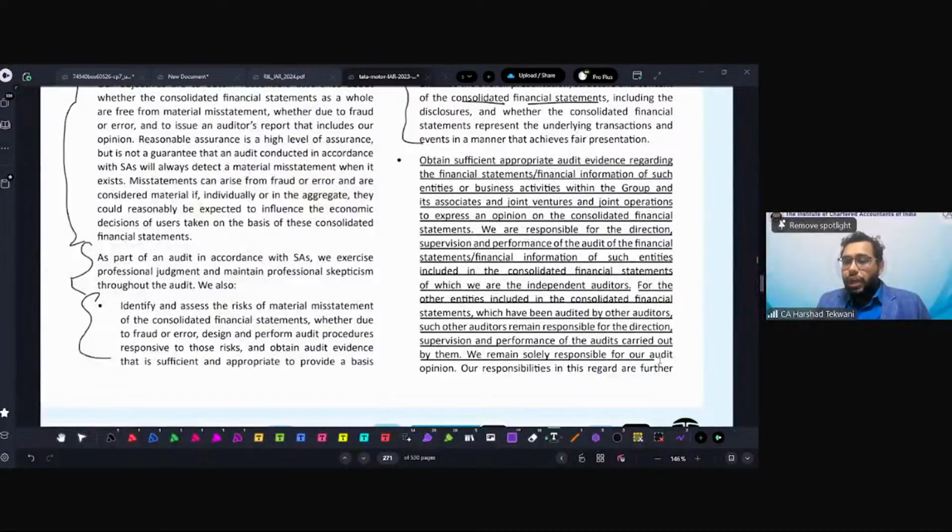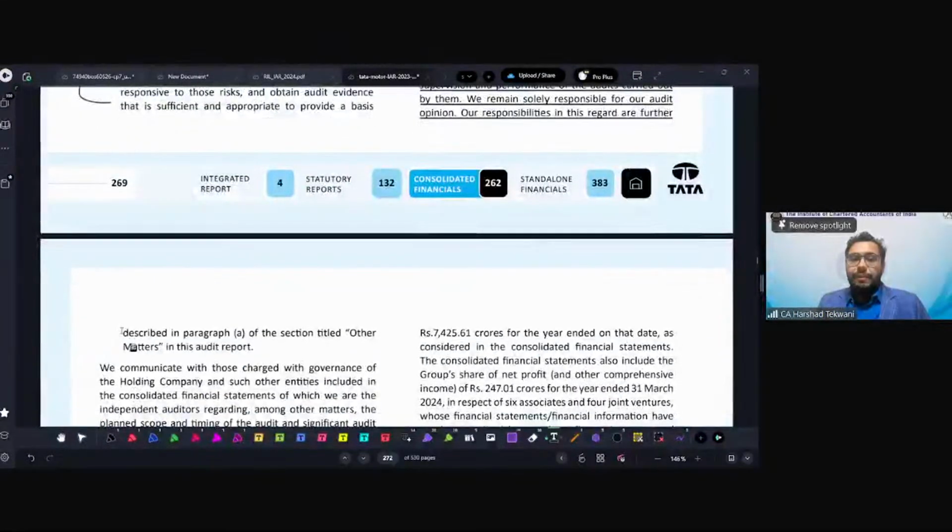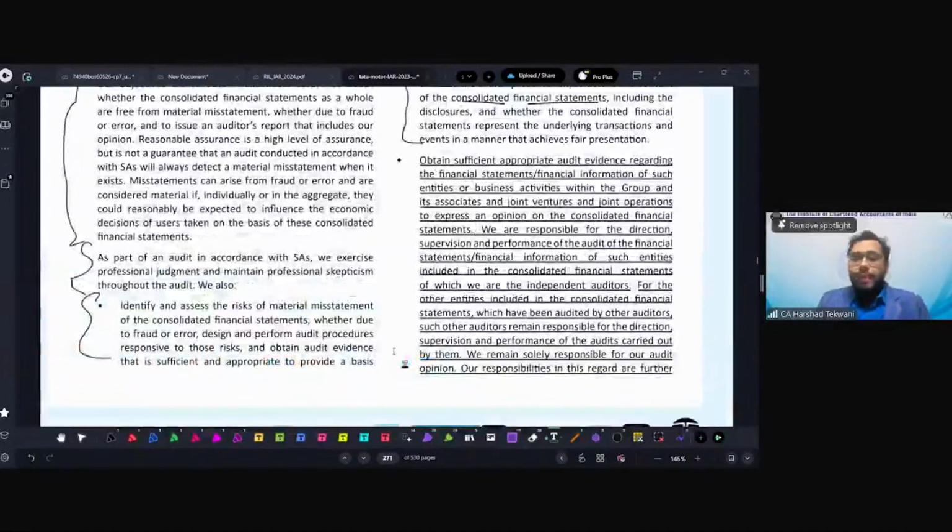We remain solely responsible for our audit opinion. Our responsibilities in this regard are further described in paragraph A of the section titled Other Matters paragraph in the audit report. This is something with respect to SA 600 and with respect to the consolidation that we have seen already